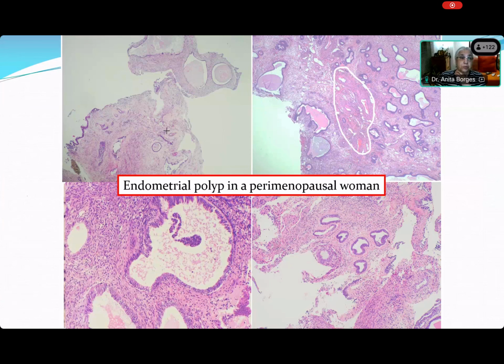You also see a polyp on the left-hand side. Now this polyp is in a perimenopausal woman, and you can see three sides of this endometrium has got endometrial lining. You've got a little lining here, you've got a lining over there, you've got a lining running around on this side. So it has to be that it is protruding from the endometrium. This particular polyp is actually estrogenized. You can see that there is no progesterone in this particular polyp. So when you look at it under high power, you will see that there are no mitotic figures.